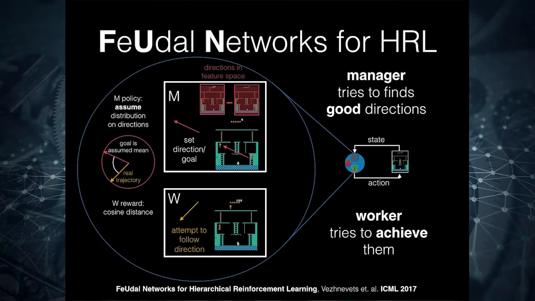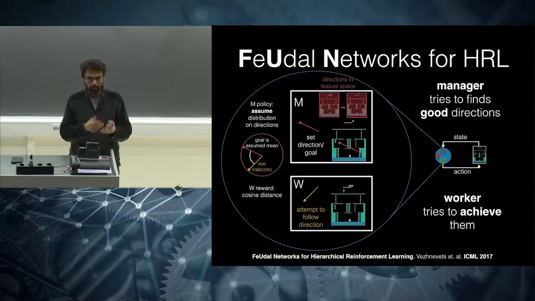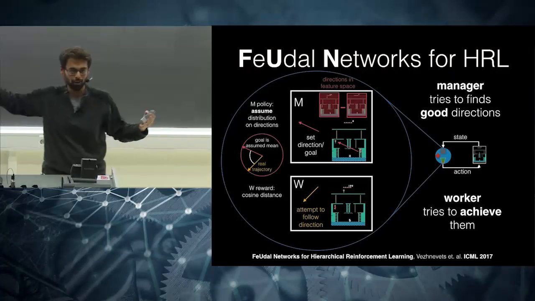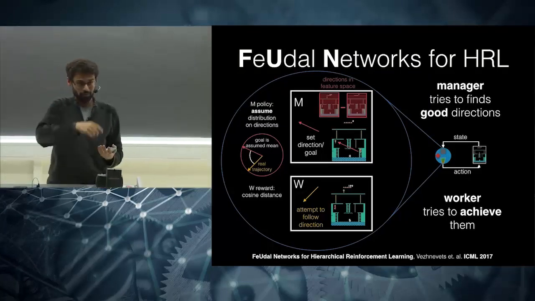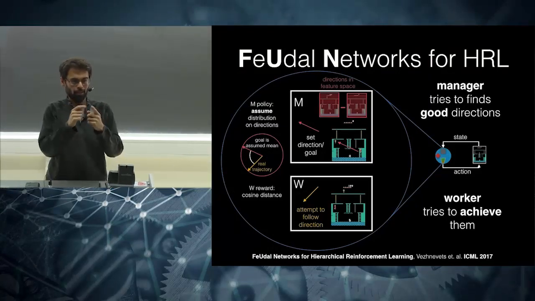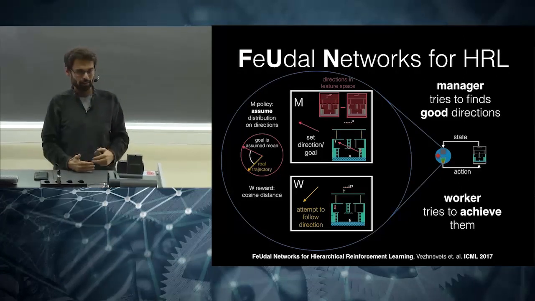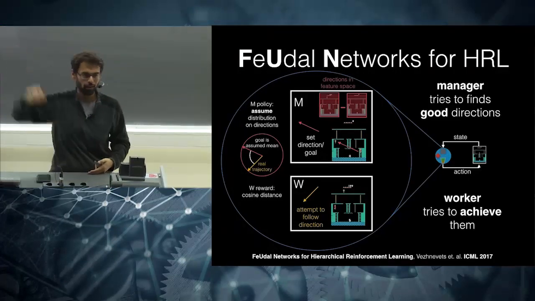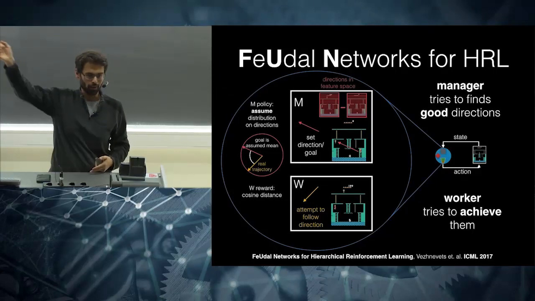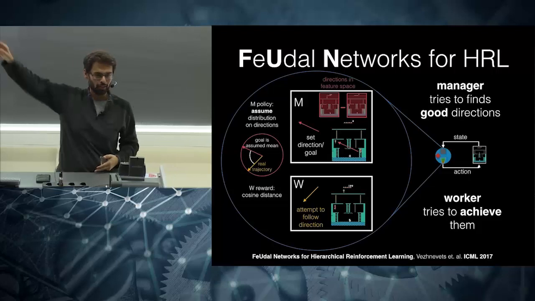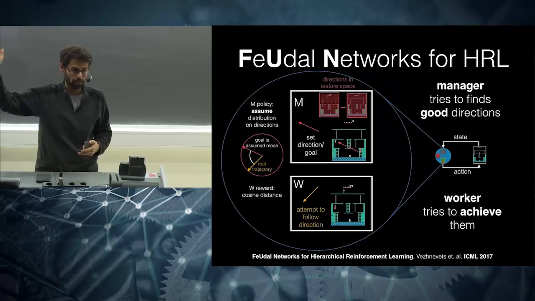So here the manager is essentially trying to find directions. This is nice to think of geometrically. A direction in state space, what could it be? State space is a vector, right? The pixel values, flatten it, it's a vector. Now, we know that if we have the start state a and if we have some other state b, the vectorial direction in there is b minus a. That's the direction in that vector space.